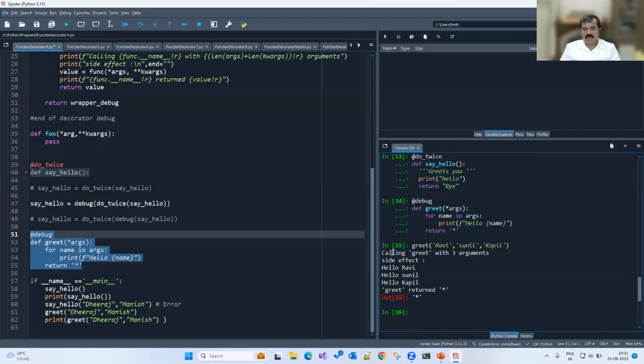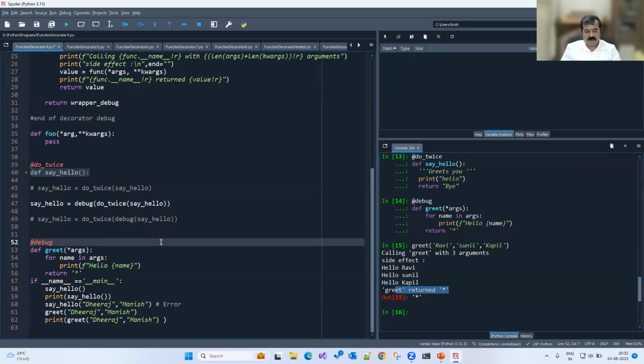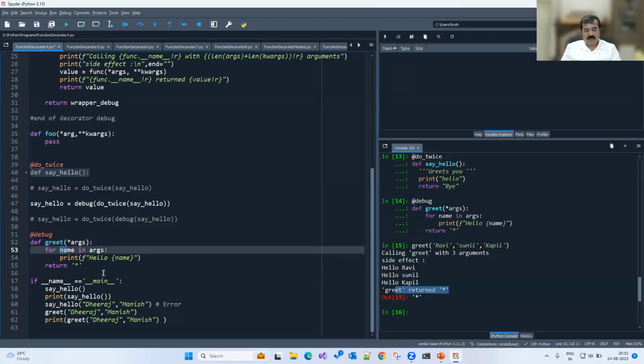It says calling greet with 3 arguments. Great. What is the side effect? Hello Ravi, hello Sunil, hello Kapil, and greet returned star. Now how is this happening? The return value is star, that's perfectly all right. But when I decorate this function with debug, it is as good as saying